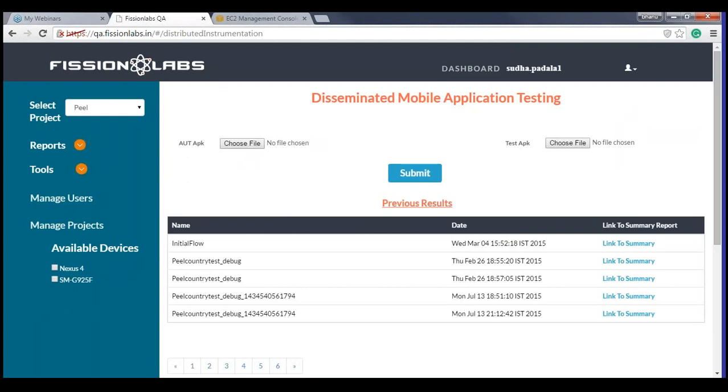Once execution is completed, it captures the execution results from multiple devices, consolidates them, and then throws them onto your user interface, where you can easily check how the execution went and what the defects are.